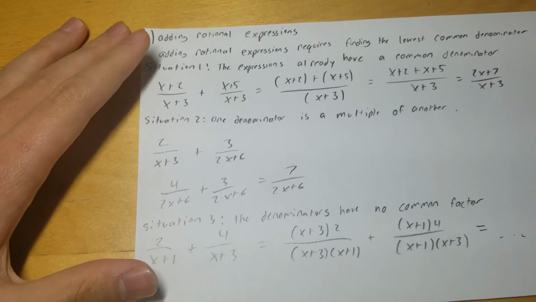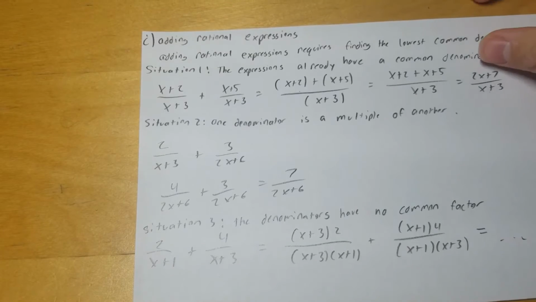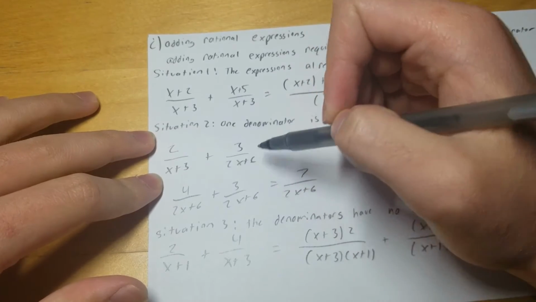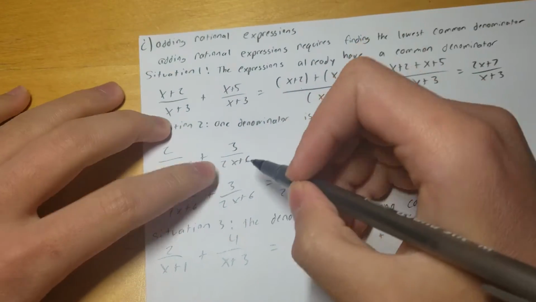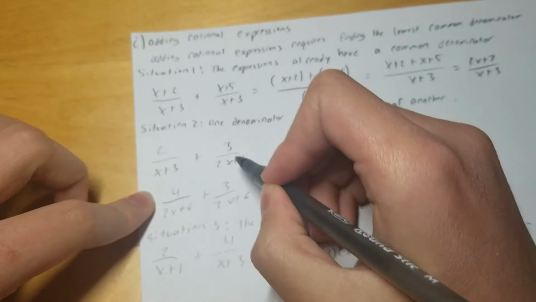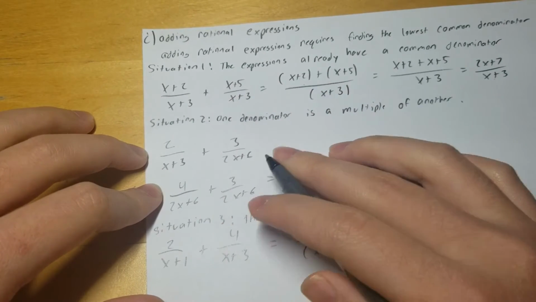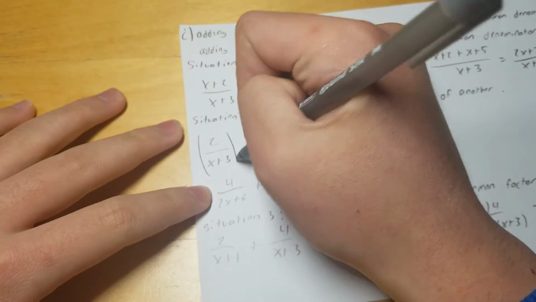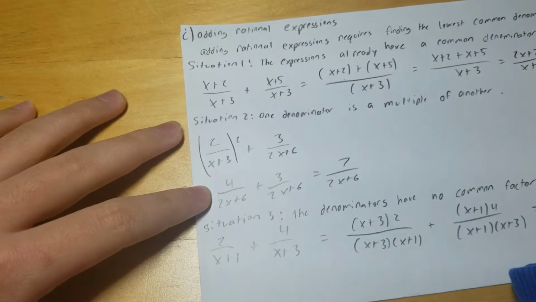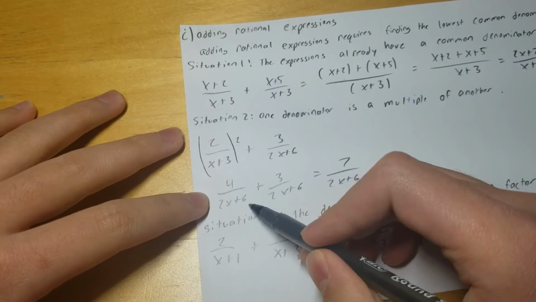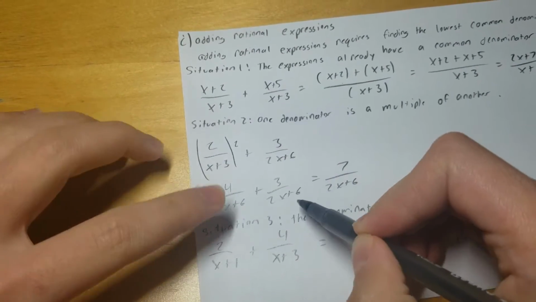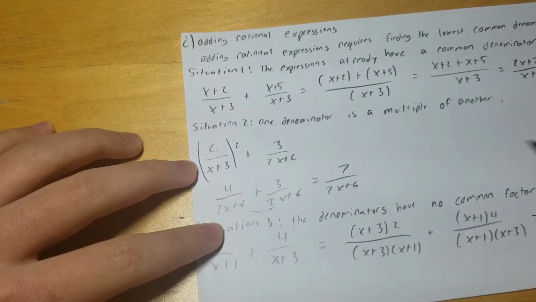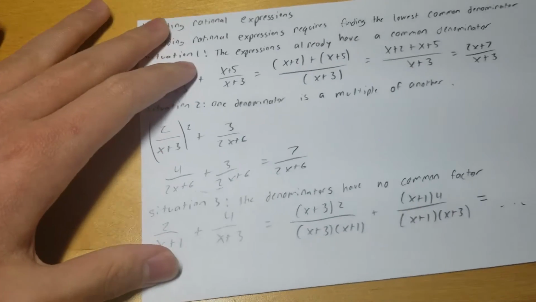Second situation, one denominator is a multiple of another. So right here, in this example, 2 over (x plus 3) plus 3 over (2x plus 6). Now you see, if you multiply this by 2, you would get 2x plus 6. So in this situation, what you have to do is multiply this entire fraction by 2. And what you're left with is 4 over (2x plus 6) plus 3 over (2x plus 6). And then again, common denominator, and just add them. So 7 over 2x plus 6. And then the third